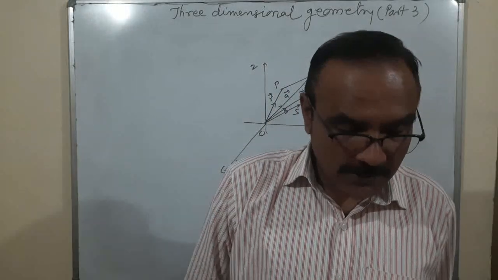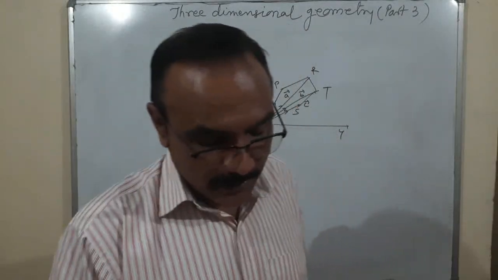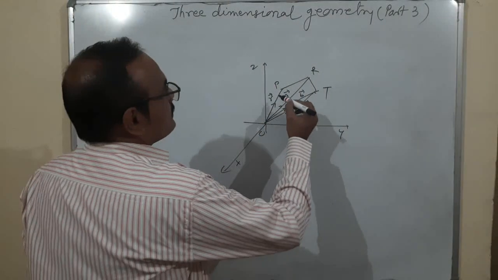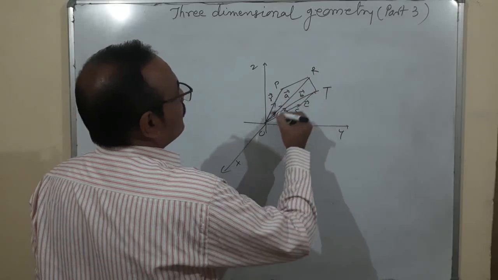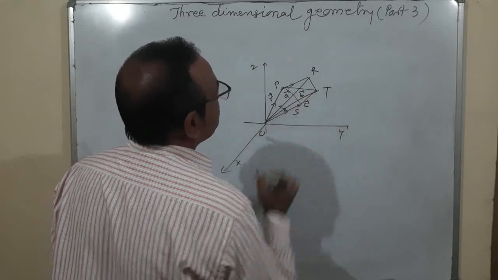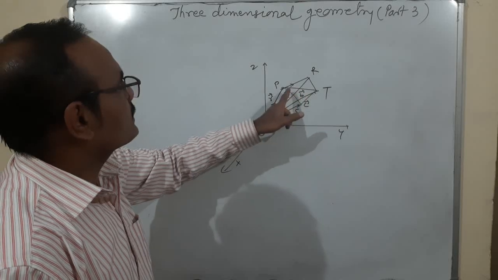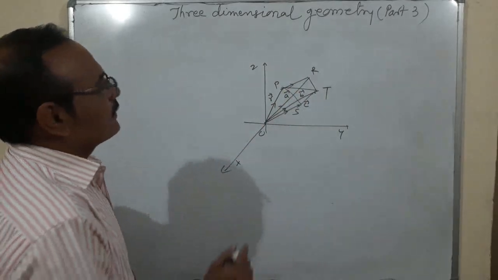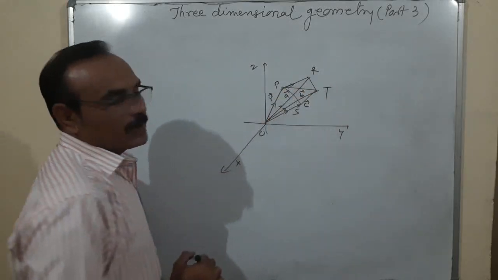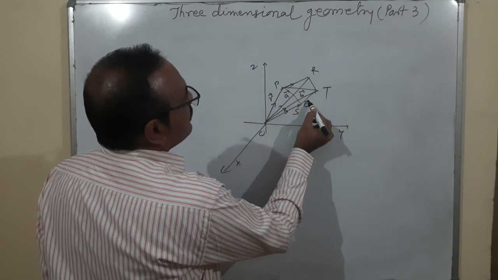Three points, equation of the plane passing through three non-collinear points. What does it mean? A very important thing which we have to understand is that this is the vector OP. You can understand one thing, that B minus A means it is PR, and C minus A. One is vector PR, and the second vector is PT, that is C minus A.